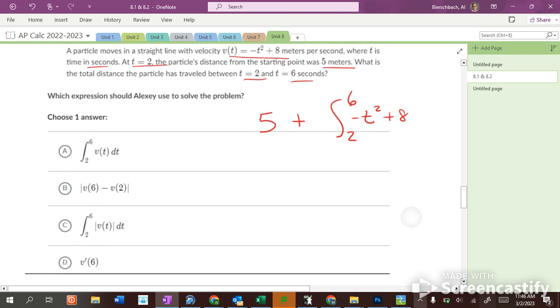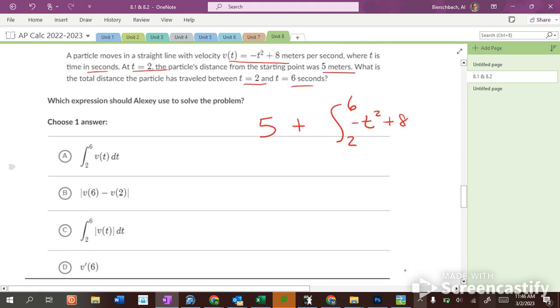Now, which expression would Alexei use to solve this problem? To do it, we would have to take the integral from 2 to 6 of v, the velocity,